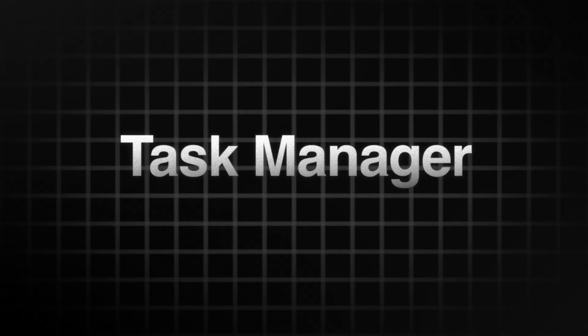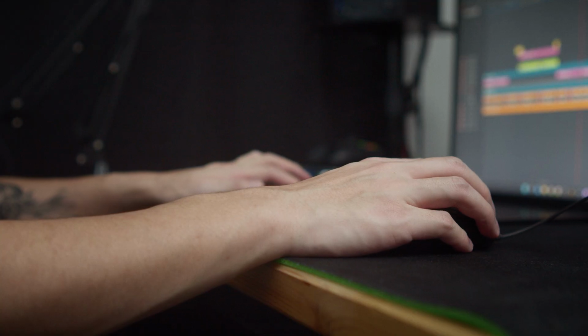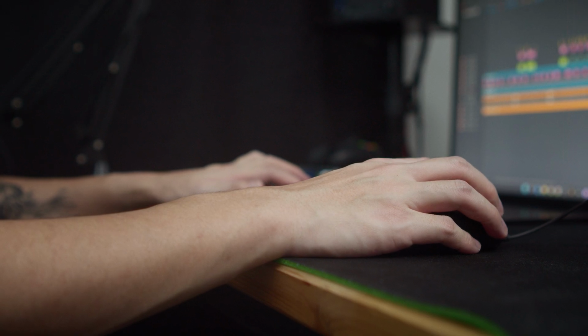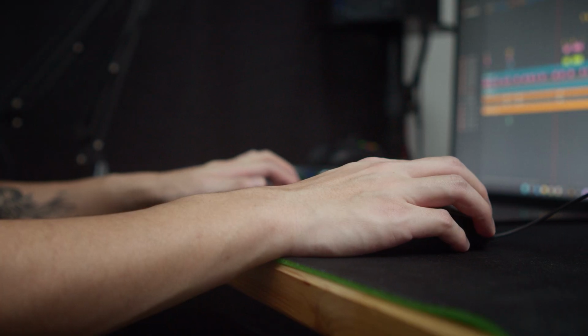Let's talk about the first tool I decided to create with Claude Code, which is a task manager. Boring task manager, this is like basic. Anyway, I just want to code my own tools because it's cool. The problem when I'm editing for clients is that I constantly feel like I don't have enough time. So I keep working on it till midnight, till 1 a.m. because I feel like if I stop, I cannot finish the project, I cannot deliver the project. I keep working like that to the point I had to finish the project and quickly wrap it up, and I don't feel good about myself because I feel like I could do more for the project.